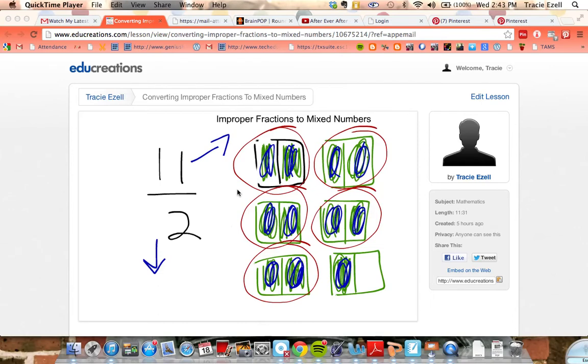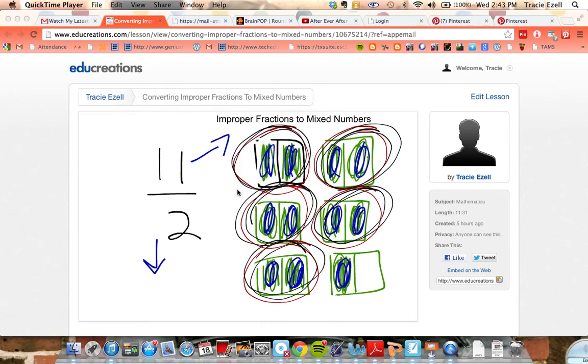Alright? So just looking at the picture, how many wholes did I use? Well, I used 1, 2, 3, 4, 5 wholes, the whole thing, right? Okay, so I used 5 wholes,